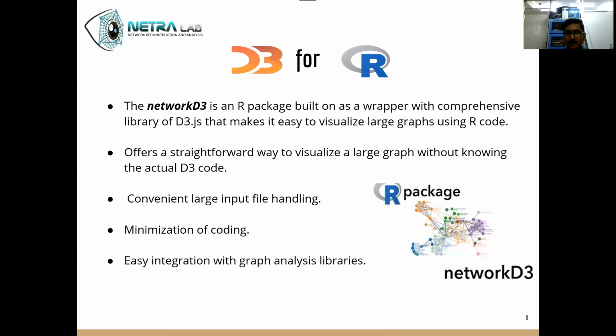This can be omitted in network D3, as it's on the same platform in R. We can analyze using analysis libraries like iGraph, and we can visualize using network D3 on the same platform. This is one of the major advantages of network D3.